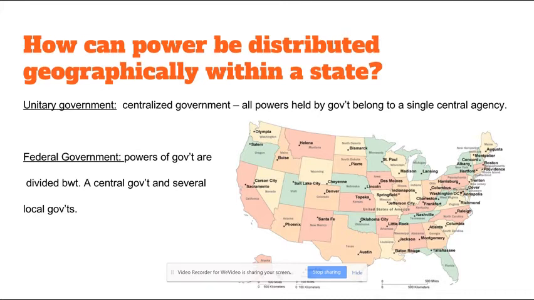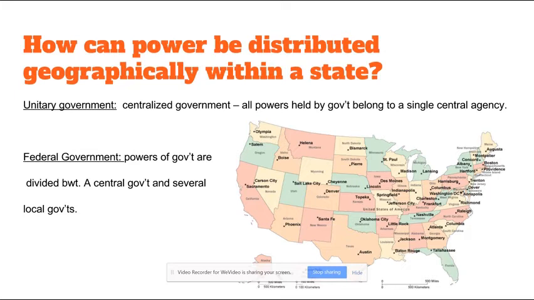So, in other words, London may have its own local government with a mayor and a city hall, but that London government only exists because the central government, or Parliament, lets it exist. All real power and authority rests in the British central government.